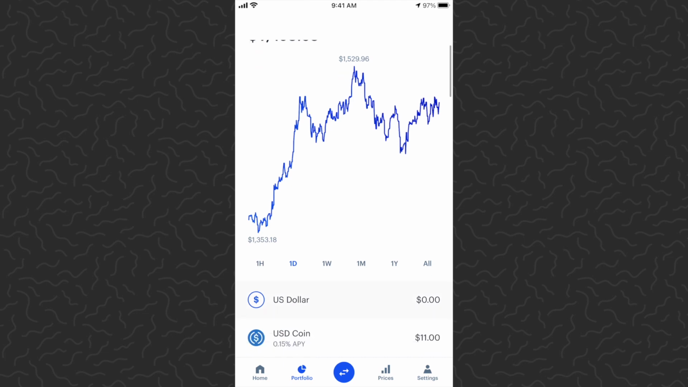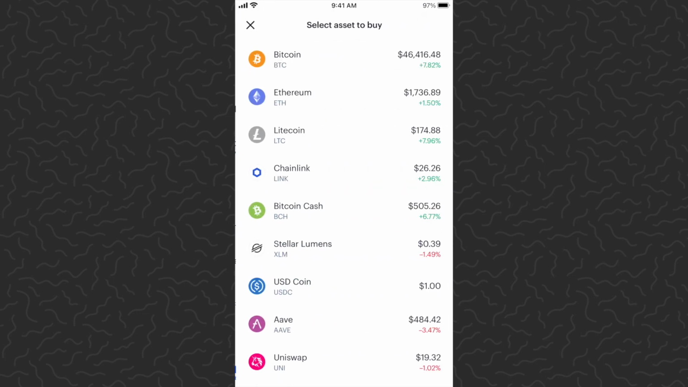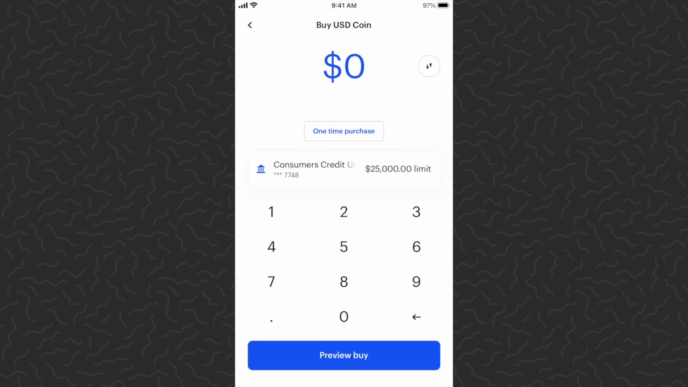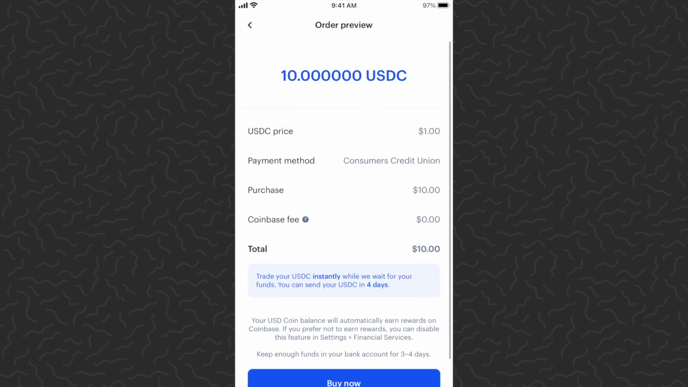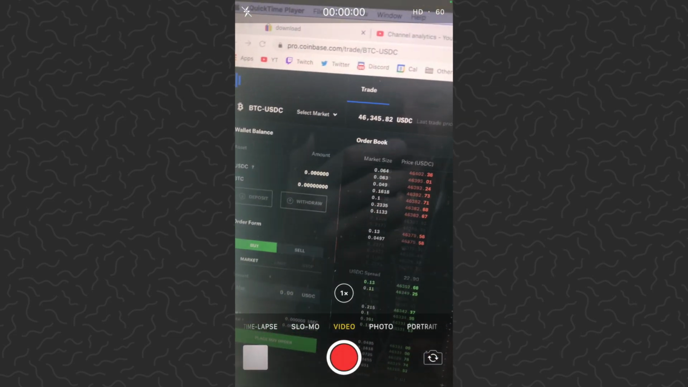Real quick, I'll show you guys a little hack. You can tap the button in the bottom center. You'll only be able to do this with a limited amount, but I think you can do it with up to $500 or something like that. You want to tap buy, go to USD coin, type in $10, preview buy, and there's going to be no fee if you buy this USD coin. So you can buy the USD coin, then you want to come to this site right here,